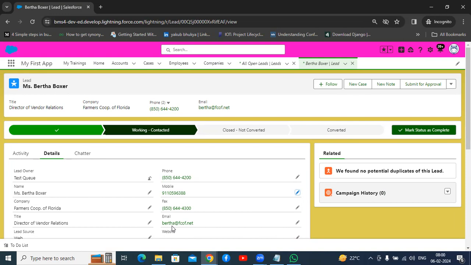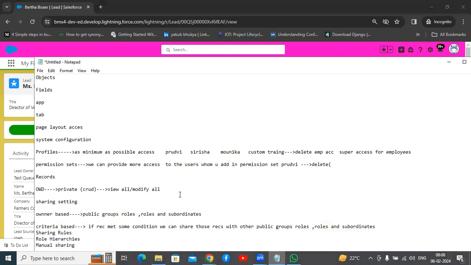Okay. So with that, we completed the public groups and queues concept as well. So it means this security concept is completed. In this complete security concept, what are the concepts we discussed so far?